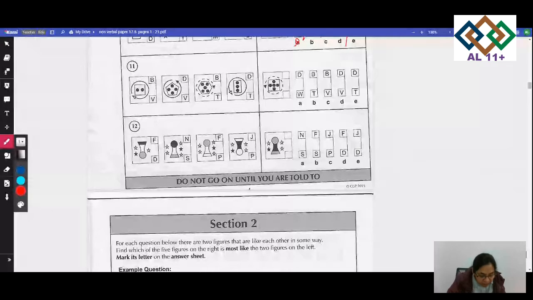So if the arrow is pointing anti-clockwise, I'll write it down here for you guys. In this, B was clockwise and D is anti-clockwise. So we know that this is anti-clockwise, so it'll be D. So cancel all the ones which have a B in it.